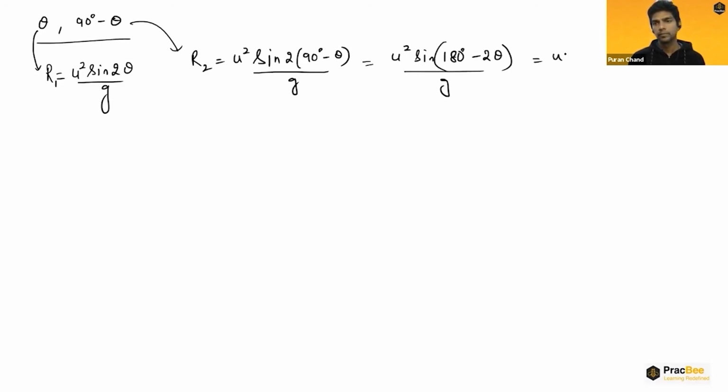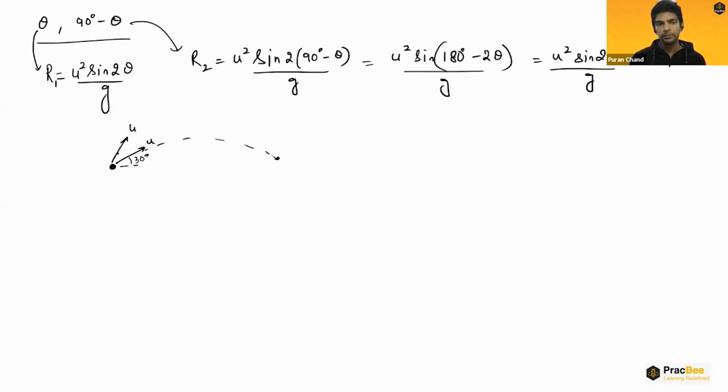Got it? That is same as r1. Is it clear? For the same speed, if you throw a ball at two different angles which are complementary of each other, which are complementary angles, then you will get the same range. For example, there is a ball, you have thrown it at an angle of 30 degrees. Say it reaches somewhere here, and you throw the same ball with the same speed